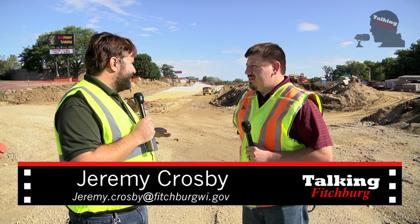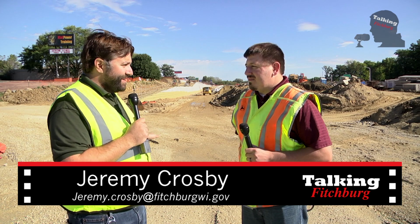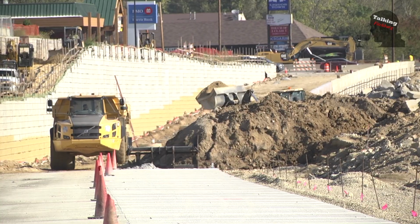All right, Chris, we have moved down the corridor here, and we're at Carriage Street, which is going to become no passageway here, just a dead end. But tell us what we're looking at. This is, I would say, one of my favorite parts of the projects this year, just what happened behind us. So right now we're standing at Carriage looking north towards Williamsburg Way, and you can see the